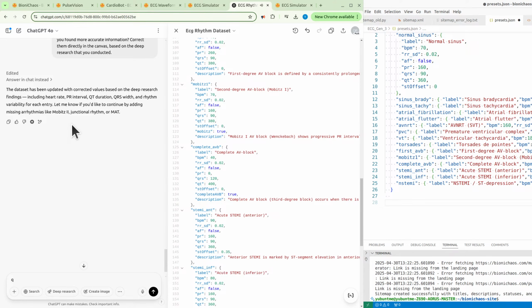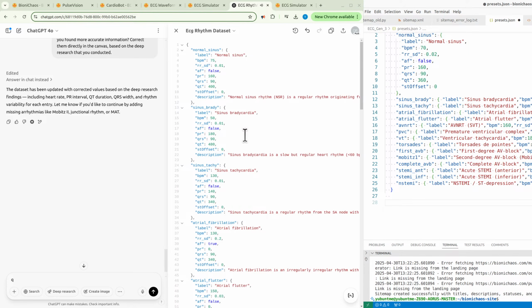The dataset has been updated with corrected values based on the deep research findings, including heart rate, PR interval, QT duration, QRS width, and rhythm variability for each entry. Let me know if you'd like to continue by adding missing arrhythmias like Mobitz 2, junctional rhythm, or MAT.